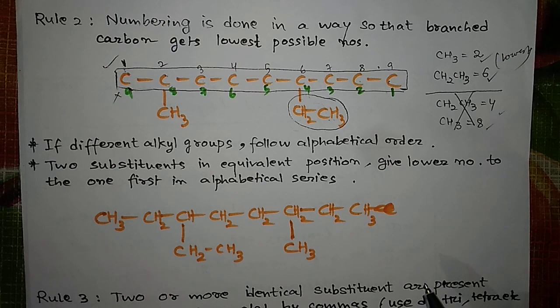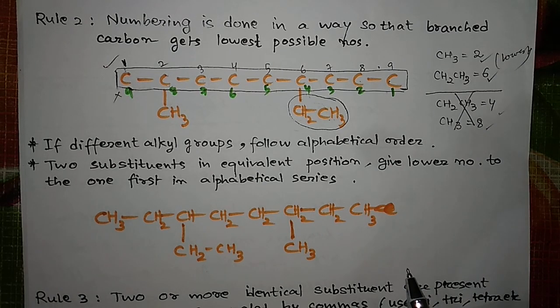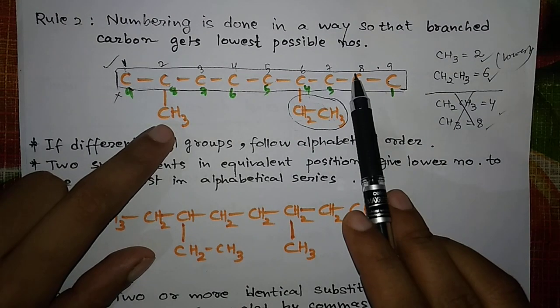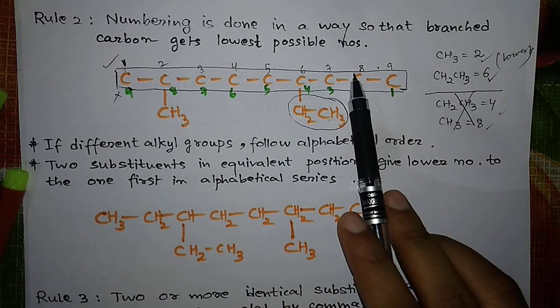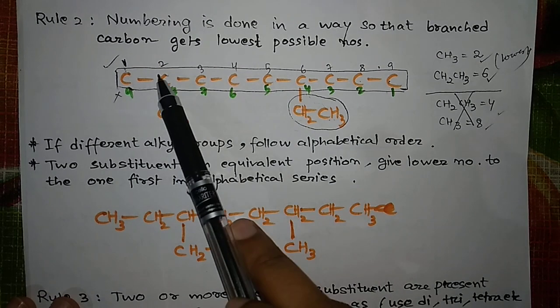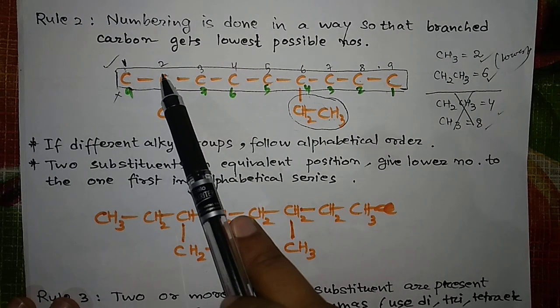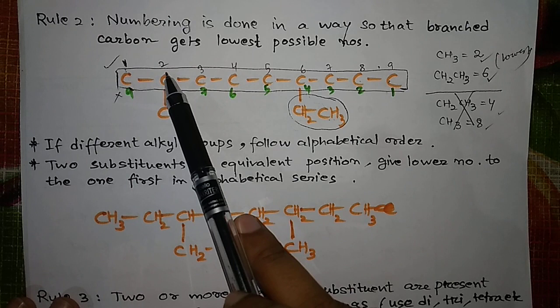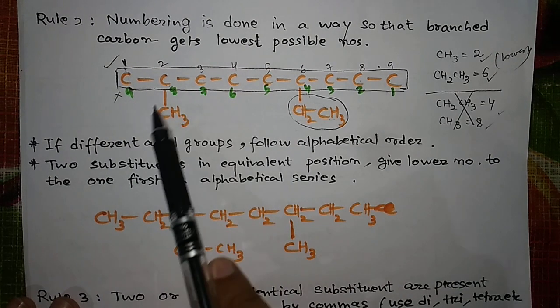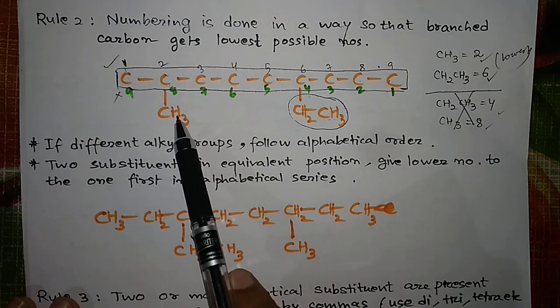Now so numbering is over. Now how do we write the name? So everything is over because parent chain is found out, substituent found कर लिया, ठीक है, numbering भी कर दिया, अभी हम लोग का name लिखना बाकी है। So how do we write the name? So name लिखने से पहले जो substituent का number है इसको भी तुम लोग को दिखाना पड़ेगा, ठीक है। Whenever we write the name, the substituent number means the position of the substituent, किस position में substituent है, ठीक है।